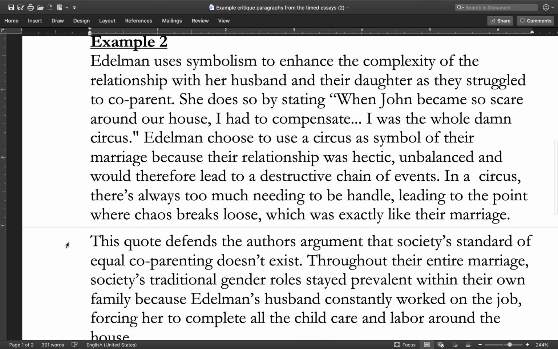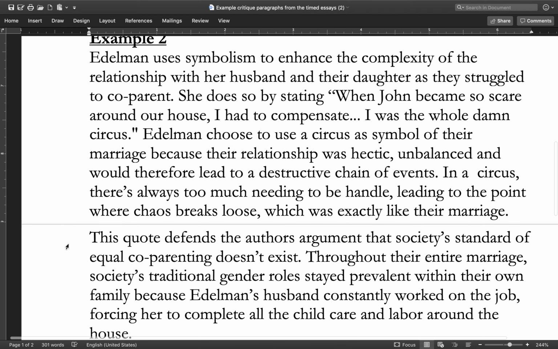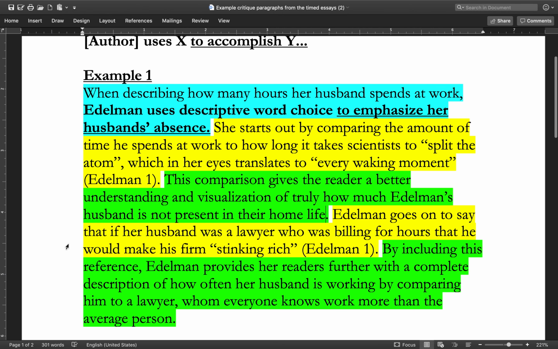We have a second example. The first example actually came from this class. The second example, I believe, came from first period. I want you to highlight the second paragraph the way I highlighted the first one, meaning, identify the assert, then the X part and the Y part, and then find the citation and explanation. The second paragraph may or may not use the ACE format. Just figure out what it does. Highlight it appropriately. Go.